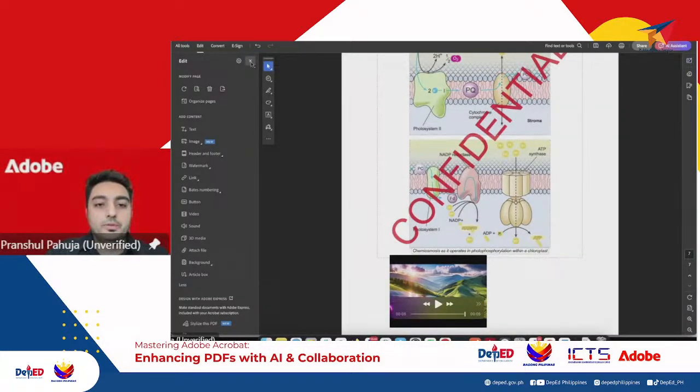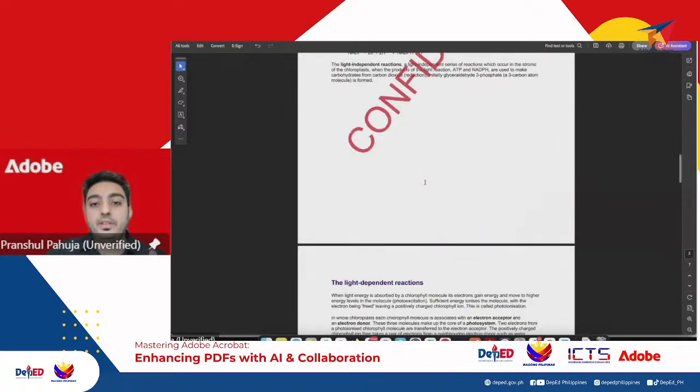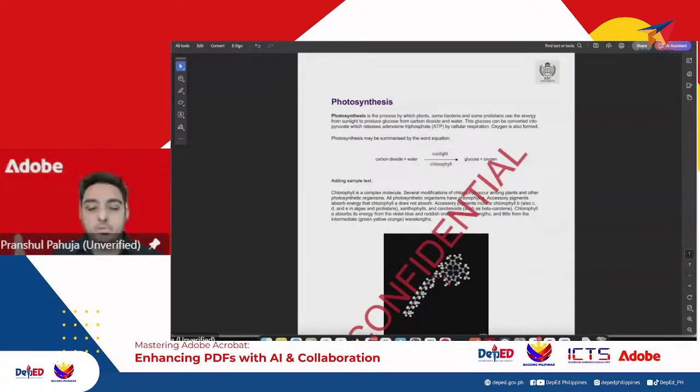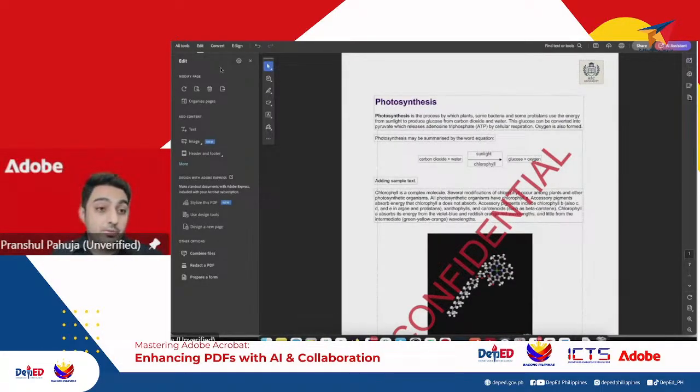Okay, so far what we have done, let me close this. We have created a PDF. We started from a Word document. We went to create PDF. We converted to a PDF document. Then we looked at how many pages are there. If we needed, we can click on combine PDF. We added more pages. We removed a few pages. We saw how you can click on the edit PDF options where you can edit text, you can add text, you can remove text, you can change the font, etc.